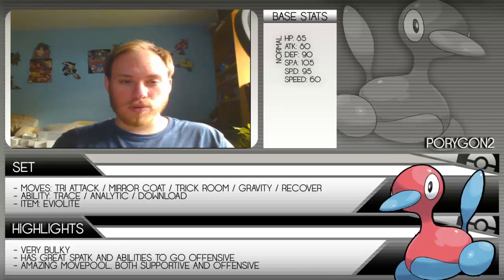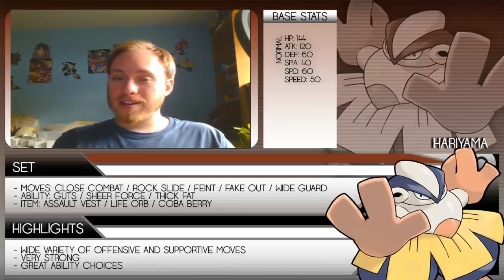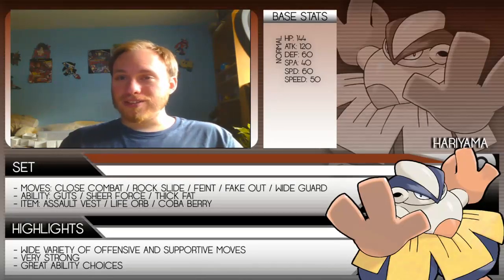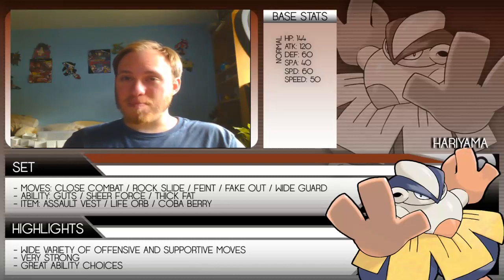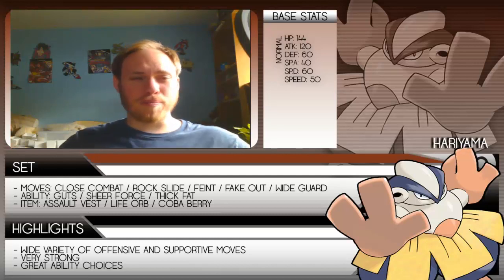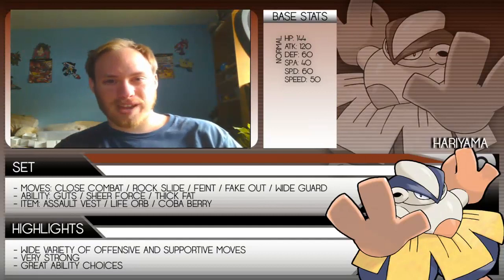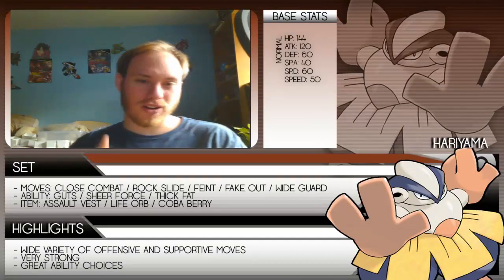Now, we're rounding out to round 5, and lucky for me, because everyone else wanted something else, I was considering Conkeldurr, but no one took Hariyama. So I'm like, Hariyama is the best supportive Trick Room abuser in the game, in my opinion. Because not only does it get Fake Out, not only does it get things like Wide Guard and Feint, but